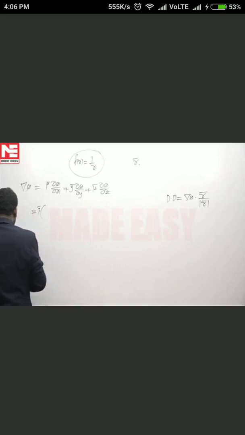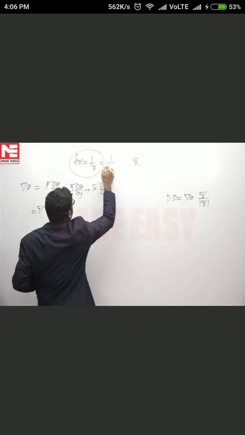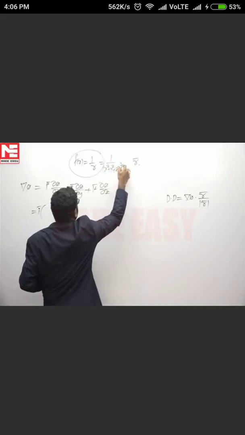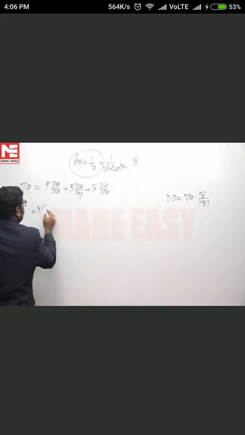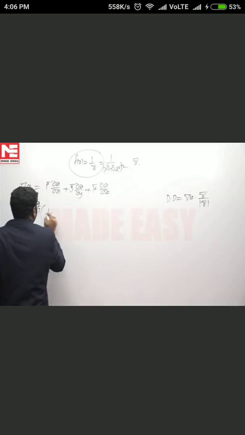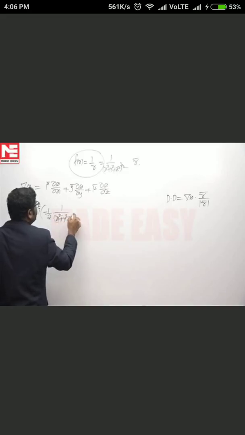Differentiation of 1 by r. 1 by r is nothing but 1 by x square plus y square plus z square whole power 1 by 2. Differentiation of this function with respect to x: 1 by 2 minus 1 by 2 into 1 by x square plus y square plus z square whole power 3 by 2